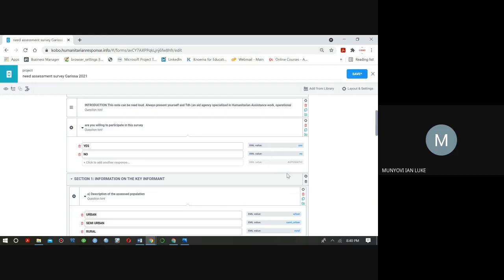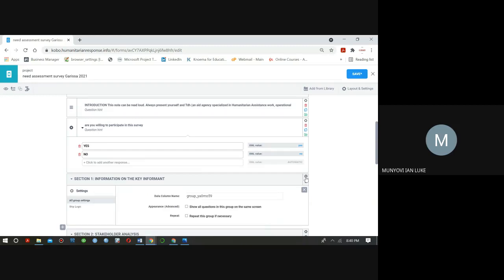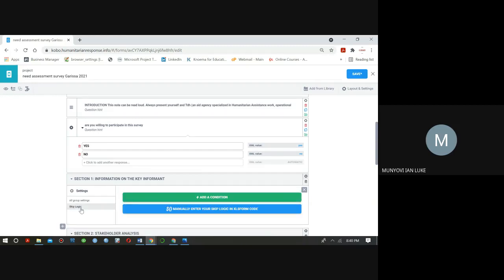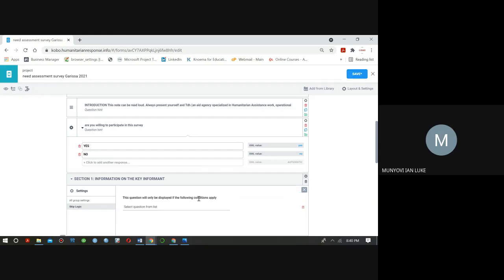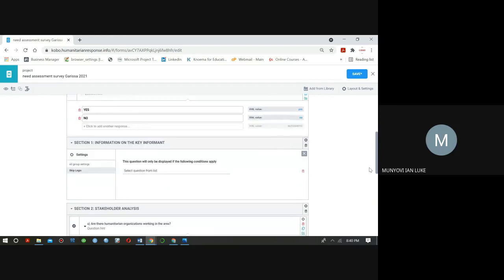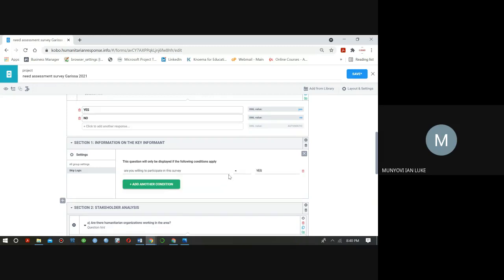So I'll come under section 1, there's an option of settings, and then apply skip logic. I will add a condition, and say the entire section 1 should only be displayed if the top question, are you willing to participate in this survey, is the same as yes.